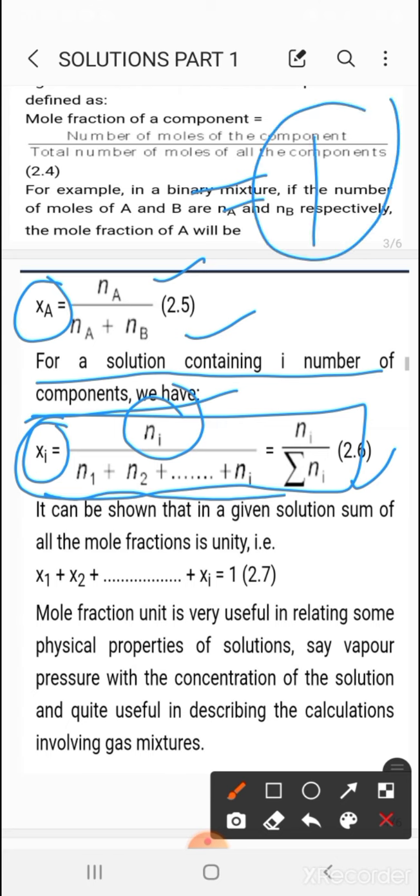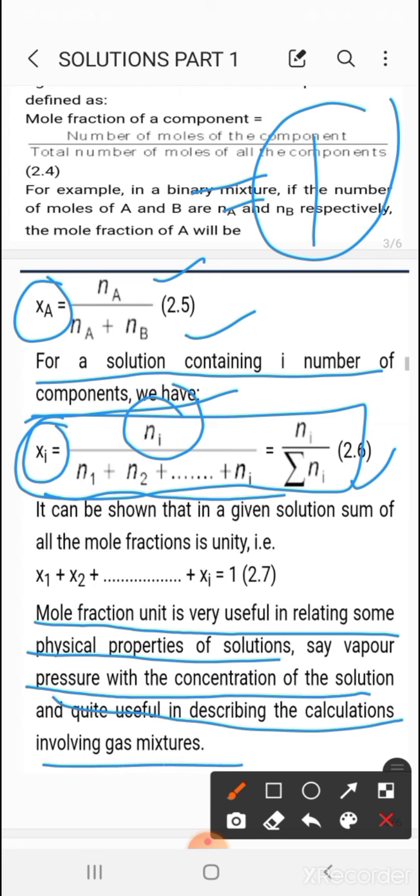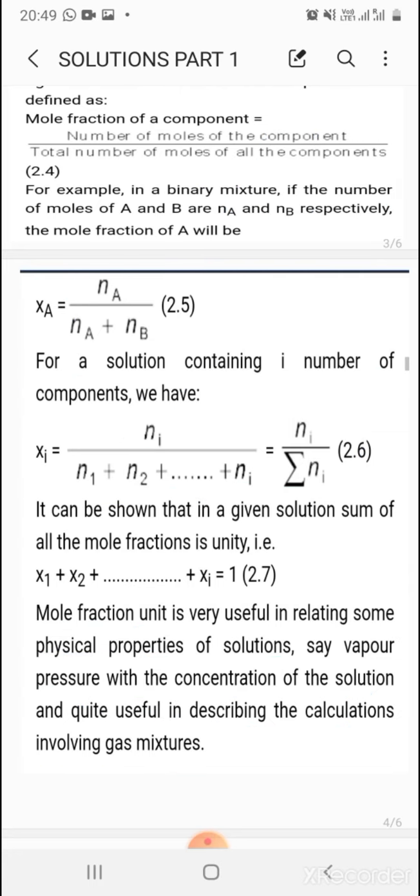1 के इक्वल। It can never be greater than 1. And mole fraction unit is very useful in relating some physical properties of solution, like vapour pressure, with the concentration of the solution, and quite useful in describing the calculation involving gas mixture. So it is a quite useful quantity. आप इस चैप्टर में आगे पढ़ेंगे कि कहाँ कहाँ मोल फ्रैक्शन यूज़ कर रहे हैं, कैसे यूज़ कर रहे हैं।